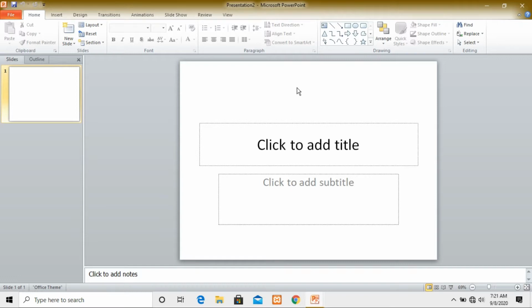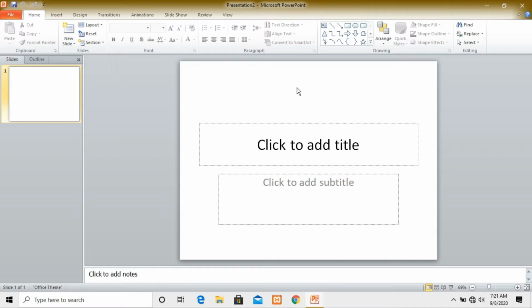Okay students, one of the most important things that I want to tell you is that there are so many versions of Microsoft Office. Depending on the version, we have a different interface, so you don't have to worry about that. Right now this is Microsoft 2010, and the day before yesterday I showed Microsoft Office 365. That was the latest version and this is the oldest version.